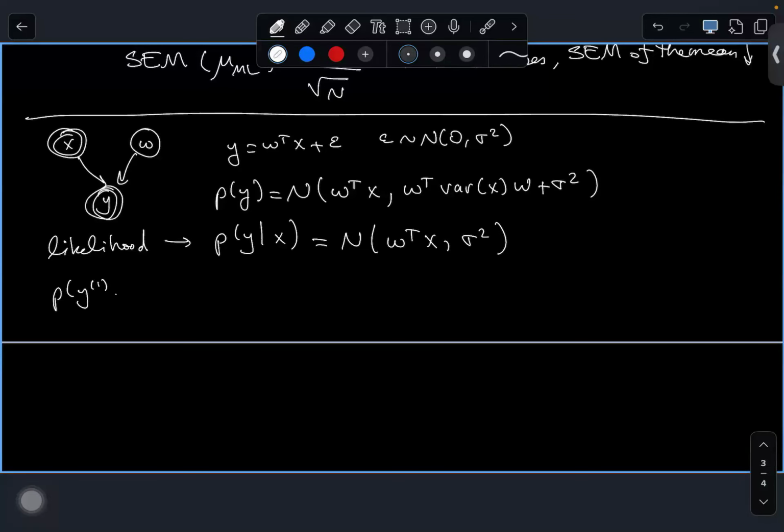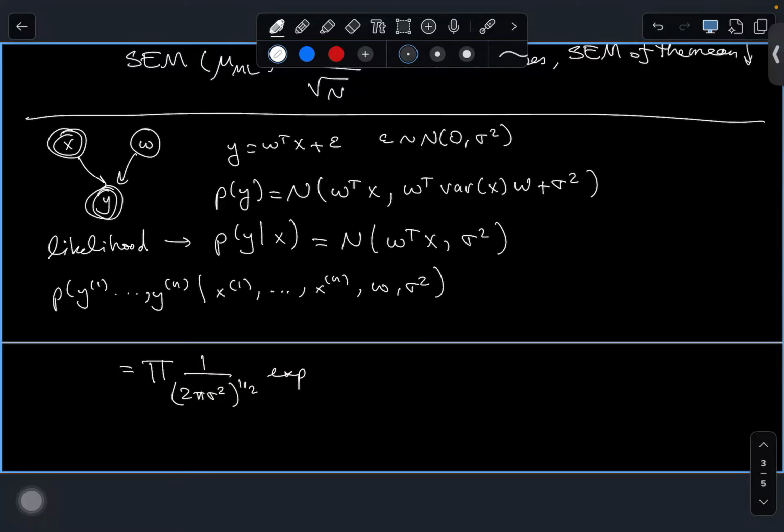I have y1 to yn, given x1 to xn, and w and sigma squared. That's my likelihood. So let's write that down. This is equal to the product of 1 over the square root of 2 pi sigma squared, times the exponential of minus 1 over 2 sigma squared